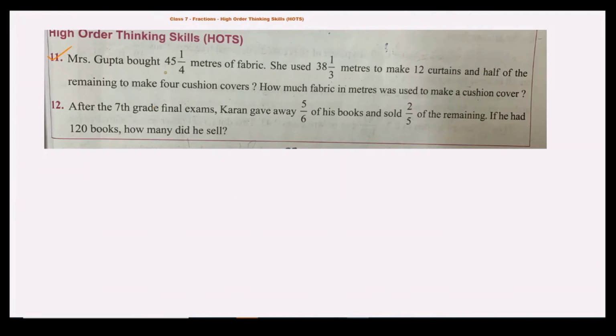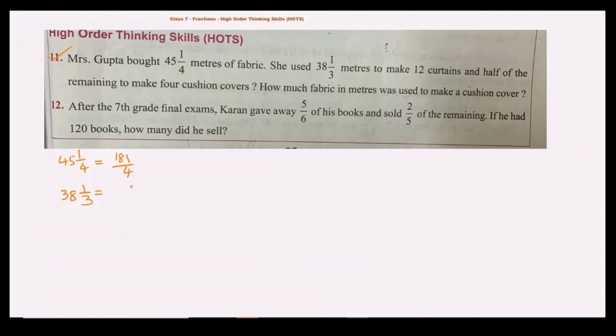Mrs. Gupta bought 45 1/4 meters of fabric. That means 45 1/4. I am just converting this fraction into an improper fraction. 45 into 4 times is 180, plus 1 is 181 by 4. This is the total cloth she bought, and out of which she used 38 1/3 of the cloth to make